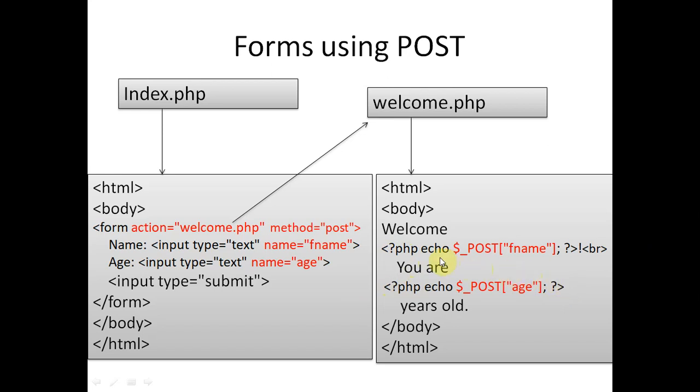In the first PHP statement we write the echo function, and in this echo function, question mark PHP echo underscore POST, means it will access the value of this f name. The f name is the first text box, and it will receive its value and display it with echo. Underscore POST will receive the value from the client.